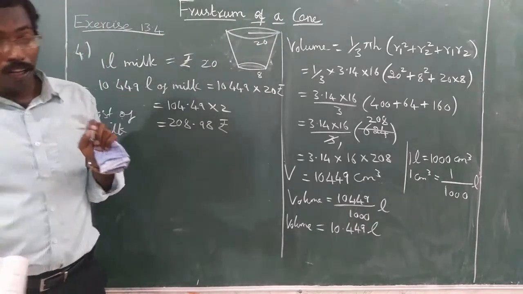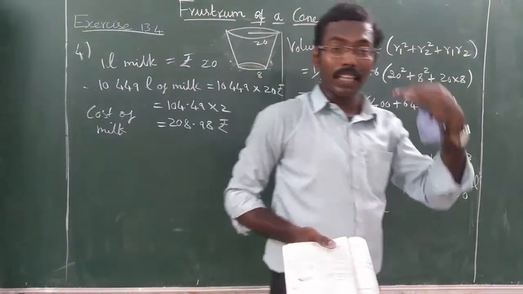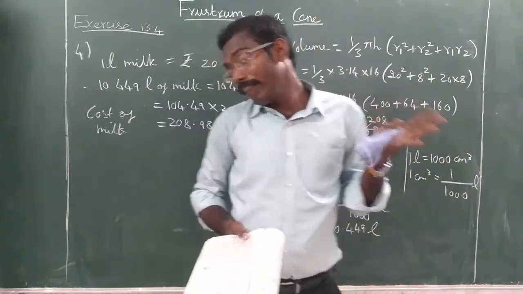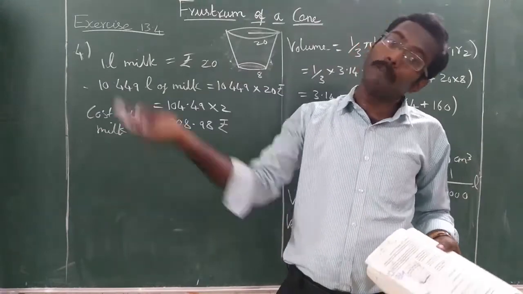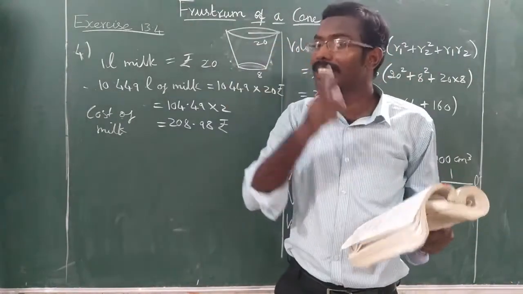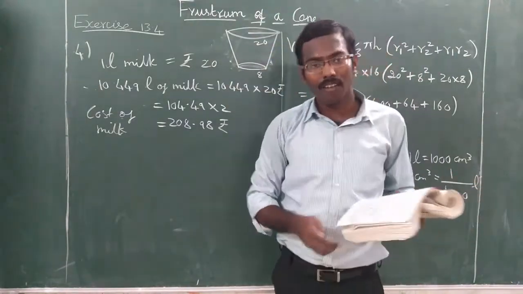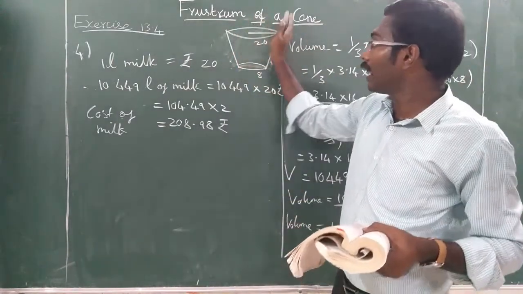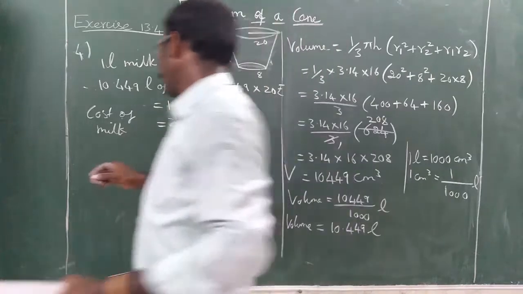Again I tell you, which one is the upper end, which one is the lower end, which circle is in the upper, which circle is the lower, we may not know, because sometimes the frustum may be inverted also. So you have to see the question very carefully. Okay. So now what area do you have to find? First find the curved surface area. So area of